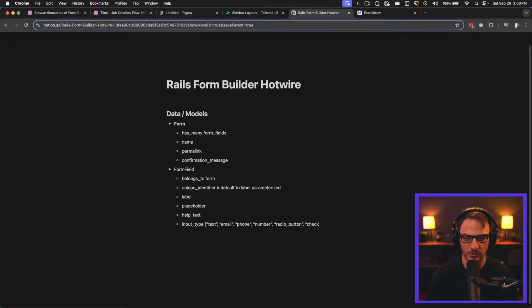The radio button, checkbox, select, which would be commonly referred to as a drop down. We're going to start with just those. I know we talked about adding dependent ones, but we'll start with these. Checkbox, number, email. And maybe